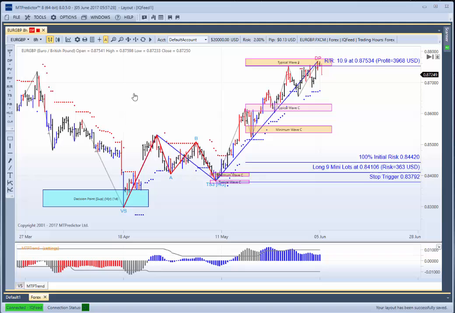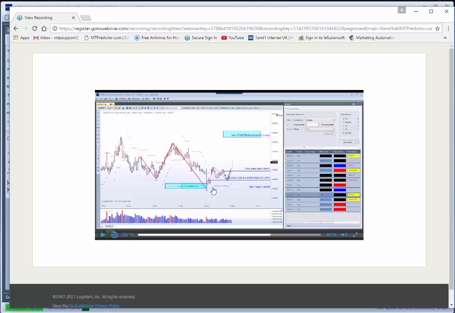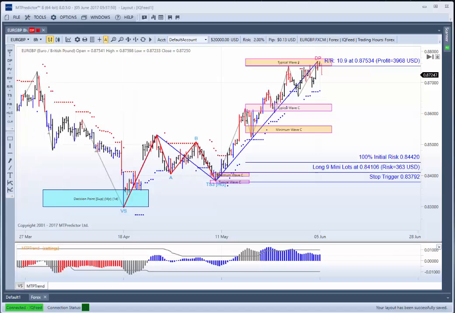So I wanted just to do a follow-up on this, and particularly show you what we were looking at literally 2 or almost 3 weeks ago now, where we're looking at the analysis on the EURGBP. In fact, if we go back further, we actually looked at this VS setup coming in actually on the day of that. But we didn't really want to look at that today. I'm looking at this 8-hour ABC correction here. So it's always good to show what we were talking about a few weeks ago, then to follow up to see how it's unfolded. There's nothing worse than people just looking at examples in hindsight without actually showing losing trades, which obviously we've done in this webinar, and trades that don't unfold as anticipated.